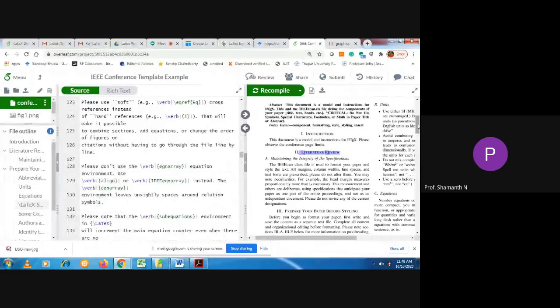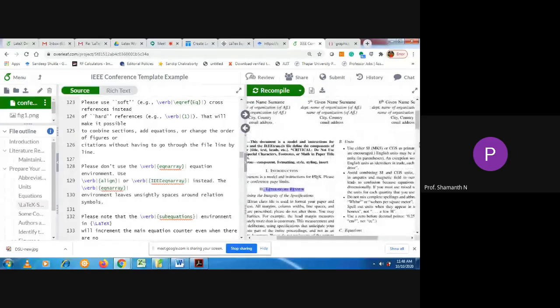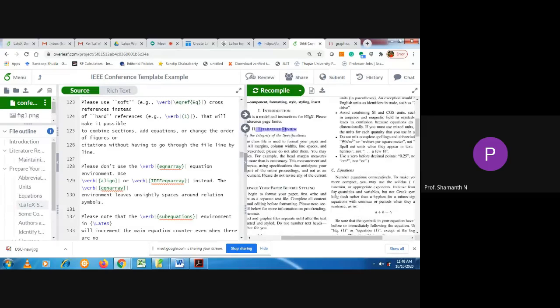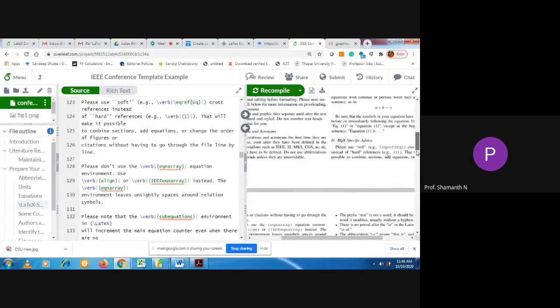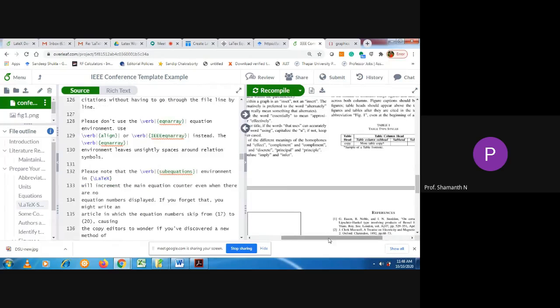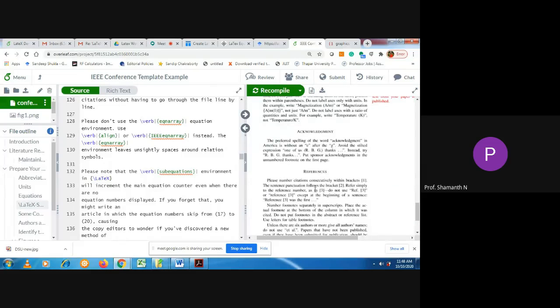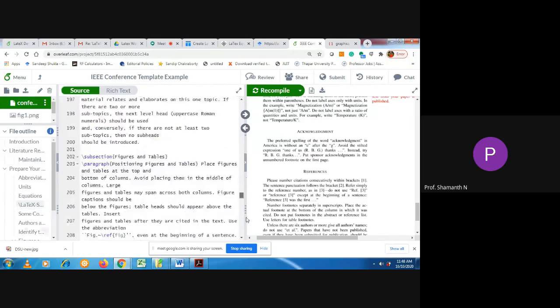They have given rules on how to write and all, so that you can go through. If you are familiar, you can directly remove these contents and replace them with your contents. Whatever I have told about tables, put the code here, and figures also, you can put the code and directly compile it. And coming to reference style,